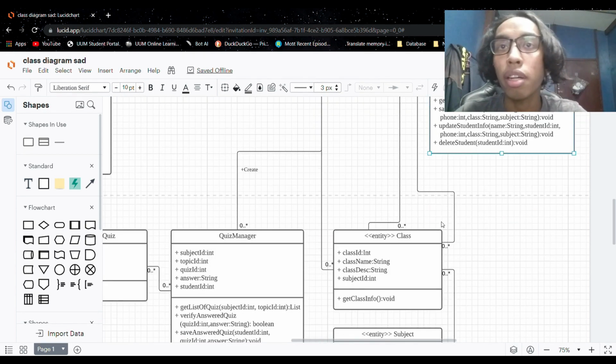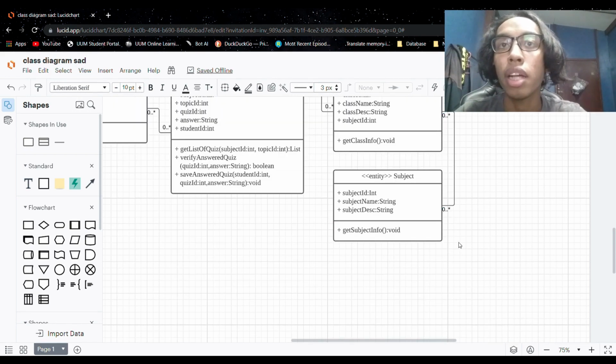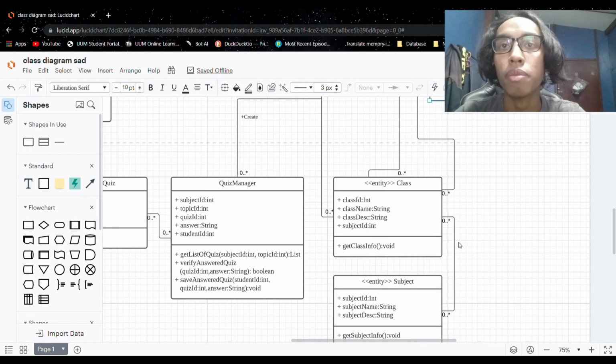And for the entity of class, the attributes are class ID, class name, class description, and subject ID, and the operation is get class info. For the entity subject, the attributes are subject ID, subject name, and subject description, and the operation is get subject info. For the quiz manager